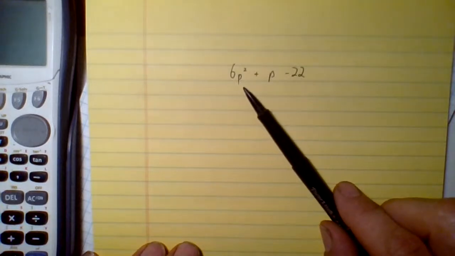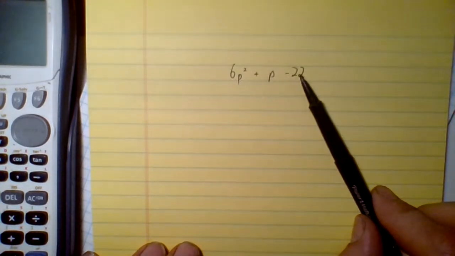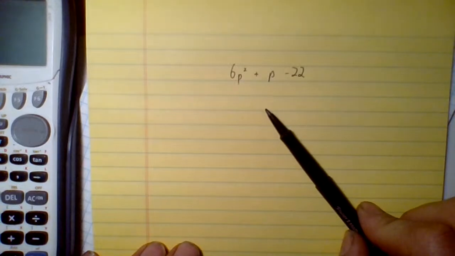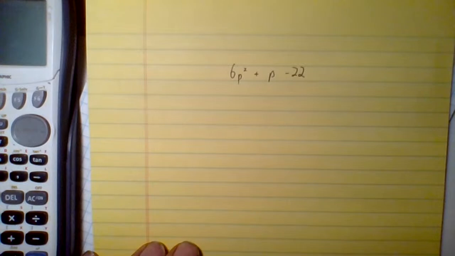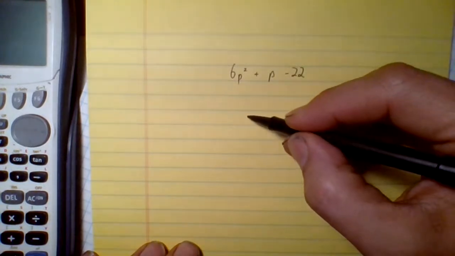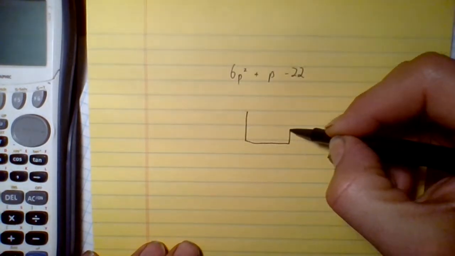There's no letter that's in every term, and there's no number that goes into all of these things. So the GCF is 1 again. It doesn't help us, but we've got to look for that first. I'm going to take that step first. No GCF. I'm ready to go on to the next step of putting the first and last terms in here,